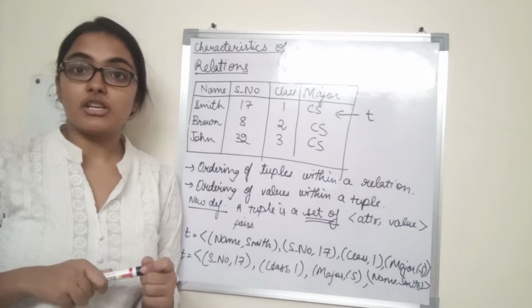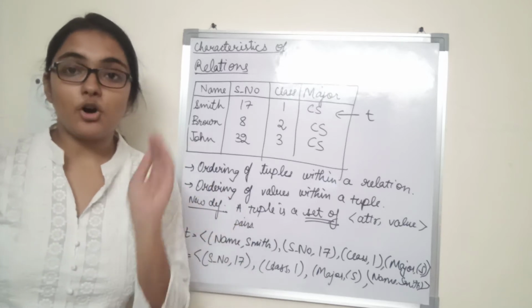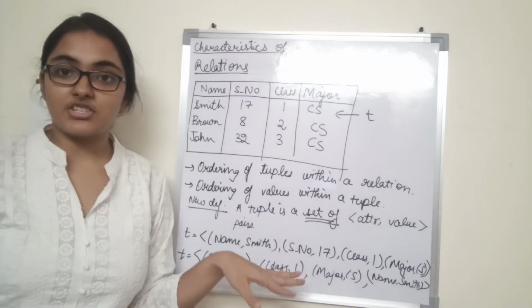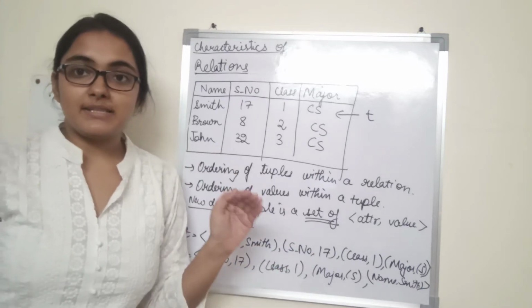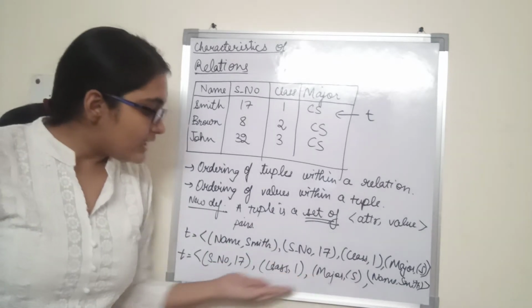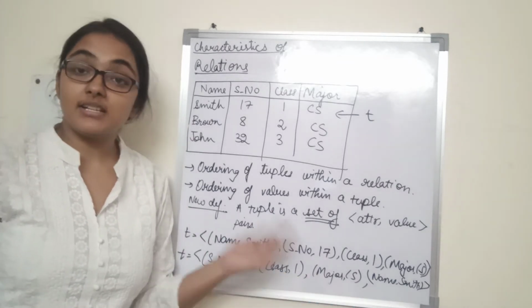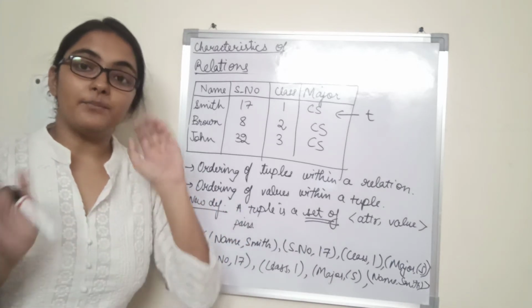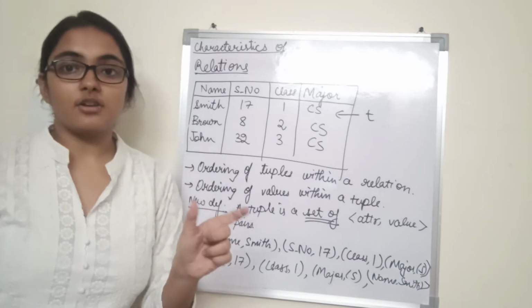What was the earlier definition of a tuple? An n tuple is an ordered list of n values. And what is this alternative definition of tuple? A tuple can be seen as a set of attribute value pairs. Although the ordering of values is not that important, we restrict ourselves to the previous definition of relation, that is, an n tuple is an ordered list of n values.